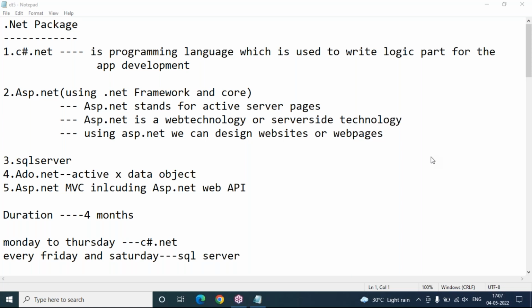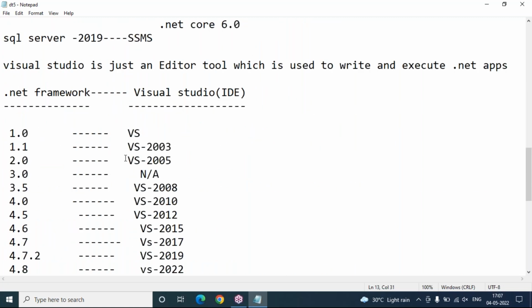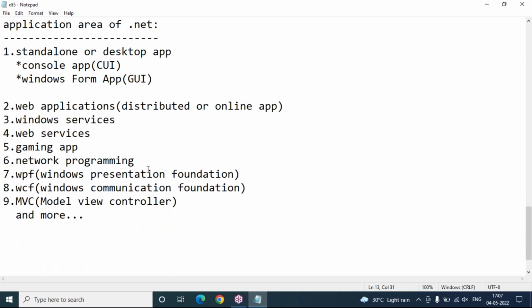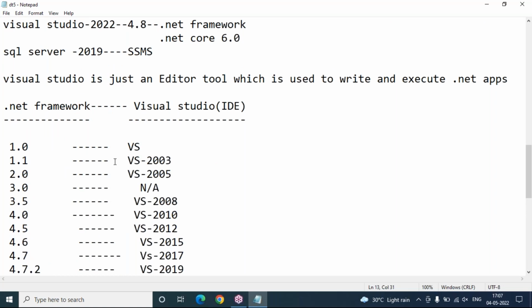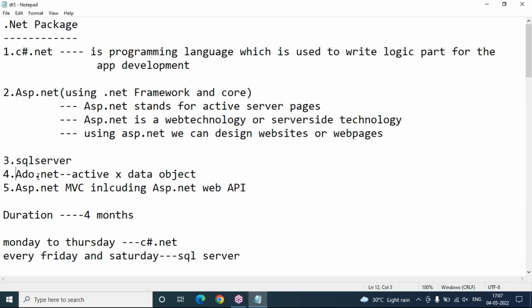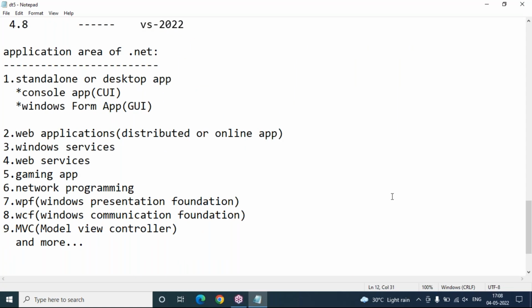Yes, let's start today's session. In the last session, we discussed .NET Framework versions and Visual Studio versions, application areas of .NET, and what software is required to install for working with .NET: C#, ASP.NET, SQL Server, ASP.NET MVC, ASP.NET Web API, ADO.NET, all these things. Only two softwares are required. One is Visual Studio and the other is SQL Server 2019. Okay, and today we'll start with the